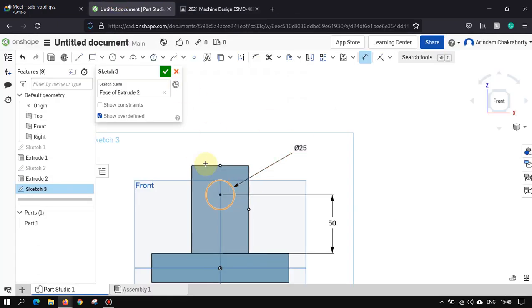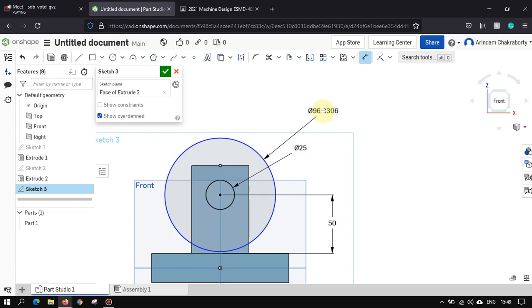Again take a circle, hover your cursor on this point, don't click, just move, then click over here right now and draw a circle, any circle. Again go for dimension. Since it is R25, the diameter will be 50.